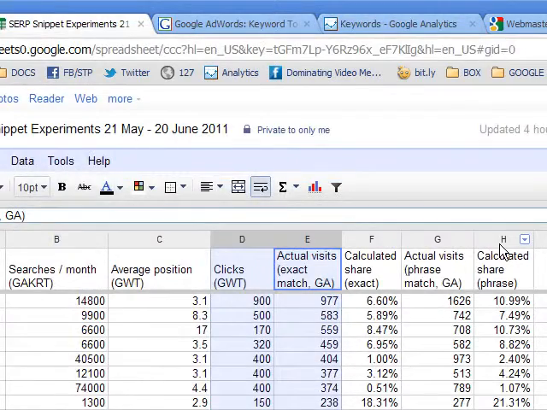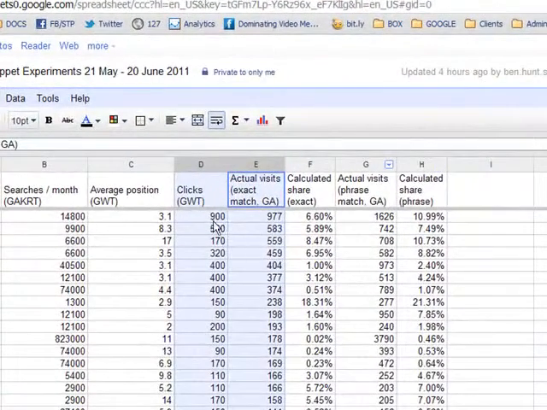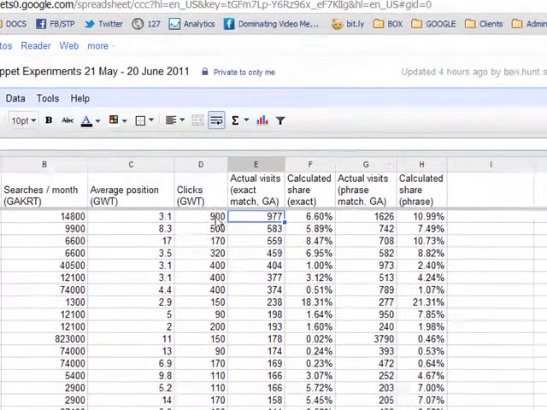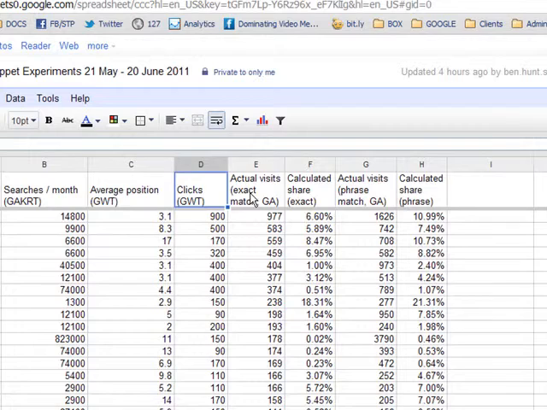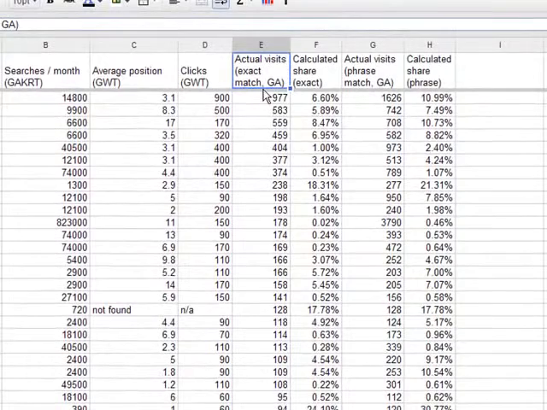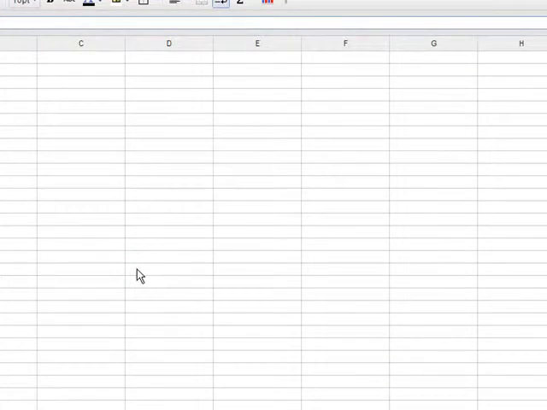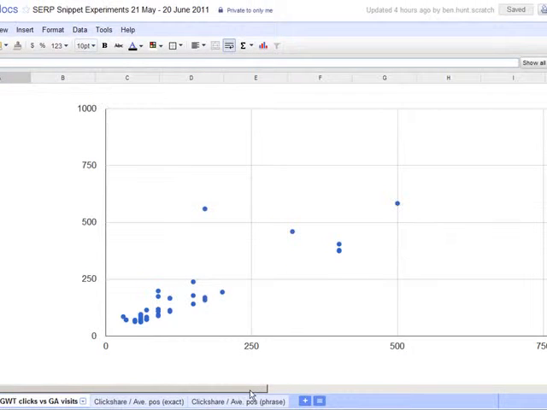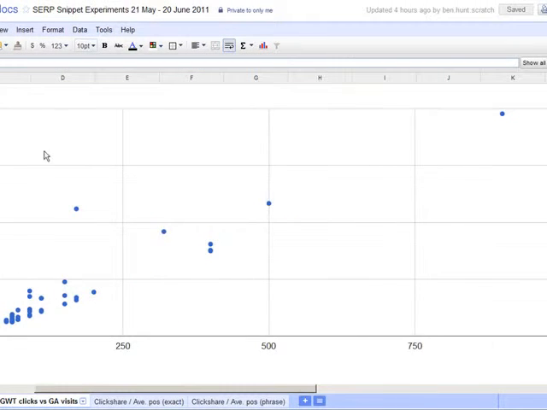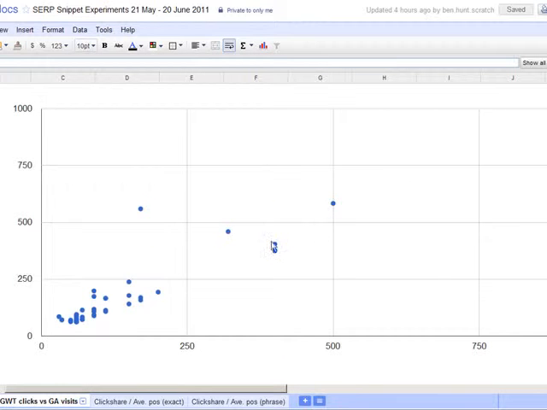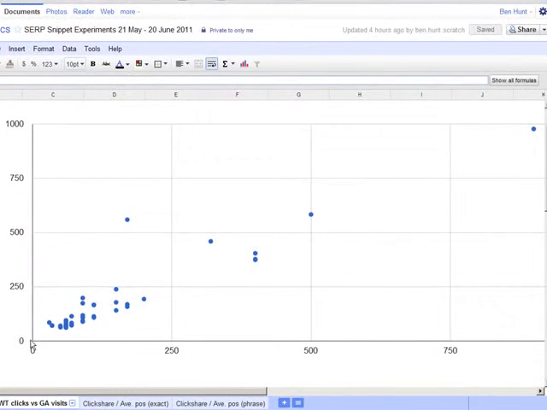And then there are some calculated figures, which I'm going to take you through as well. The first thing I wanted to do was to compare these two, the clicks that Google Webmaster Tools tells me with the clicks that Google Analytics tells me, just to see, can we trust Google Webmaster Tools' approximate clicks or not? If you just scan down the list, you can pretty much tell that they are pretty close. But I went in my Google Doc, this spreadsheet, and literally just plotted one against the other. You can see there's a pretty good straight line correlation between these two different sources of where the traffic comes from.